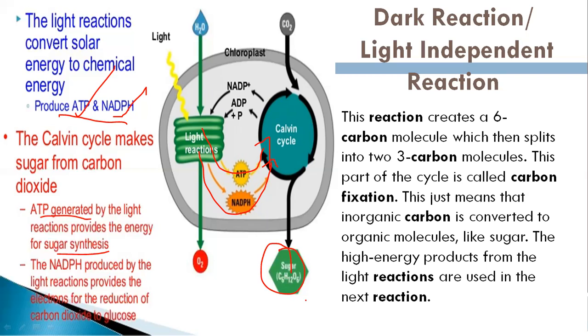NADPH produced by the light reaction provides electrons for the reduction of carbon dioxide to glucose. And in this cycle, which are the steps and how this carbon dioxide changes into glucose, we will see in